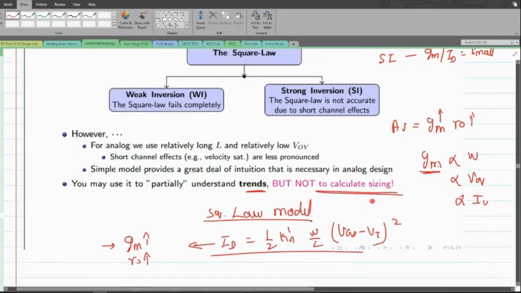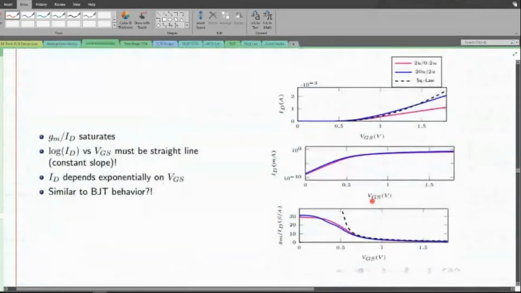Now we will revert back to this quantity in the weak inversion region. We know that the GM over ID term gets saturated whenever I deal inside the weak inversion region. Because of this, I end up having a kind of exponential graph. But this exponential graph, or the current that I have here, is normally not visible when I try to plot along the normal axis.